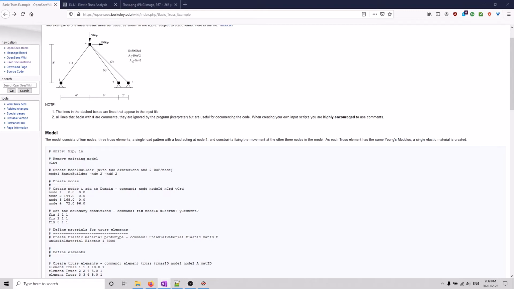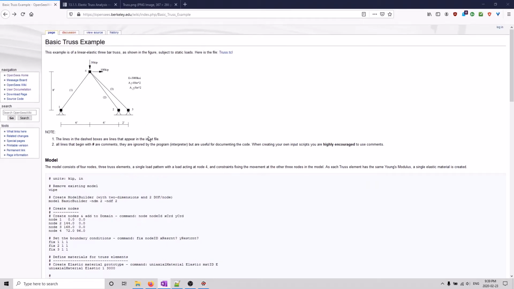Hey everyone, so today I'm going to be taking you through how to make a basic model in OpenSees, do an analysis, and then get the outputs from your model. The example I want to take a look at is this truss. This is off the OpenSees Wiki, and I'm going to go through things assuming that you know almost nothing